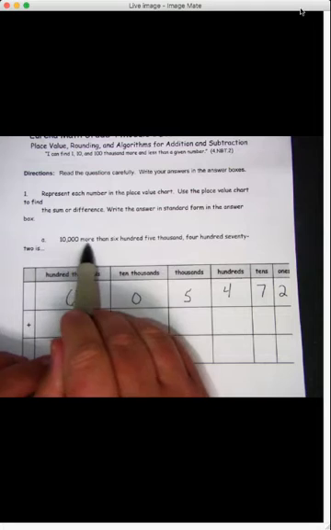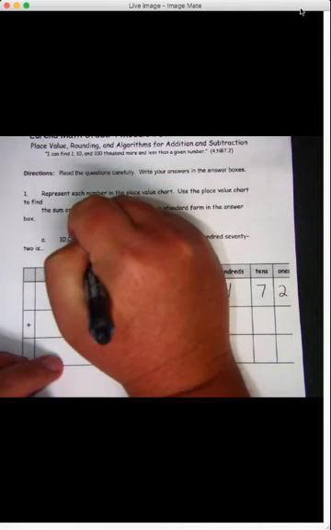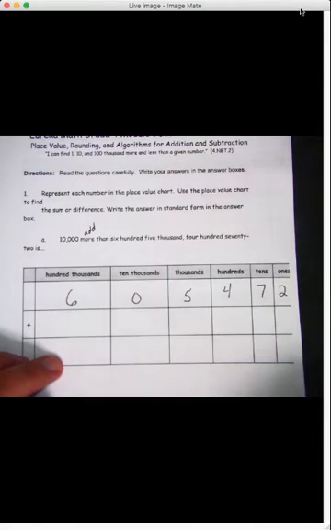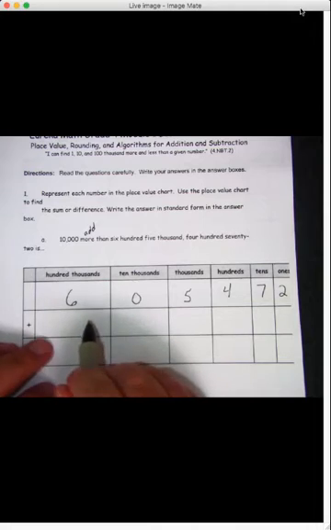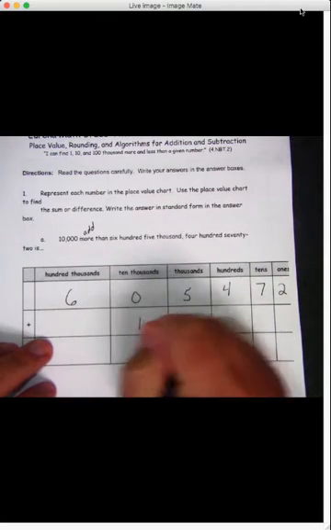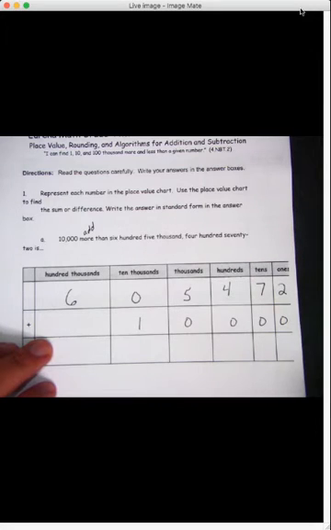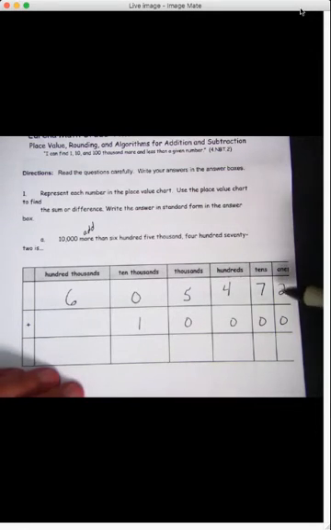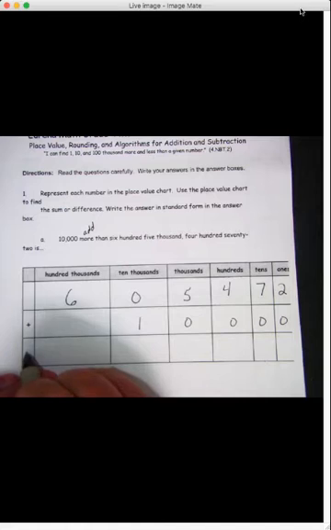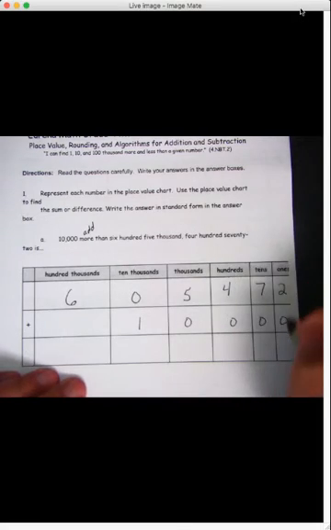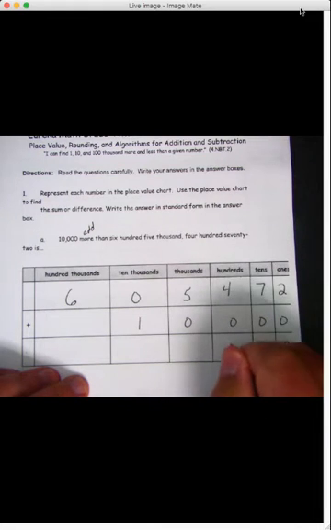And how much are we adding? 10,000 more. Whenever we see that, it means add. So let's put 10,000. When we think about it like this, we're just going to add straight down, and this will be our answer box here. So we still have 2 ones, 7 plus 0 is 7 tens, 4 plus 0 is 4